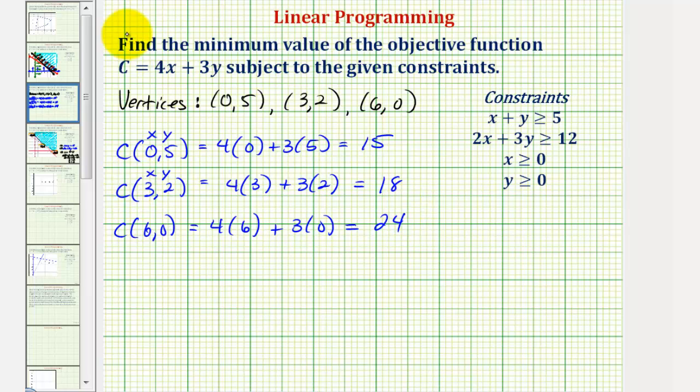So the smallest value of C is our minimum value, which we can see would be 15, and this occurs when x = 0 and y = 5. So we'll say the minimum of C equals 15 at